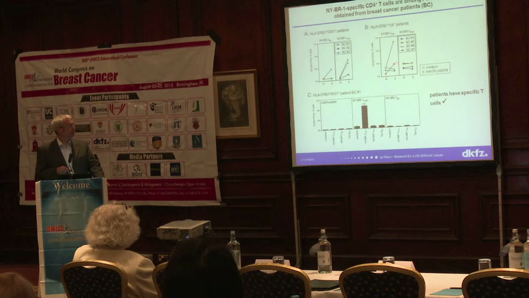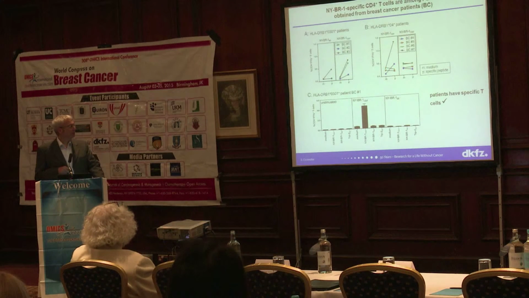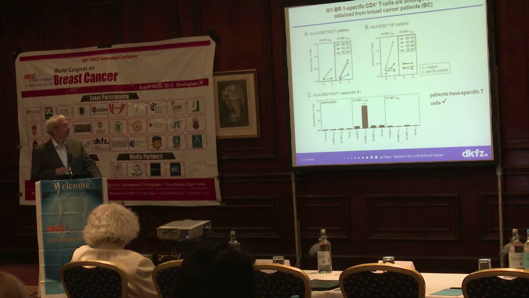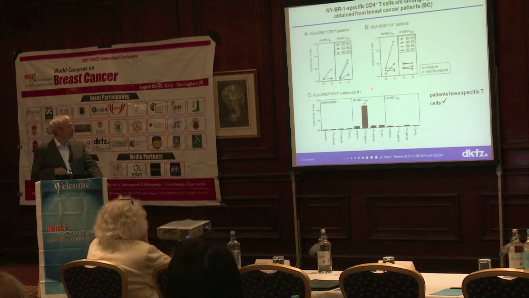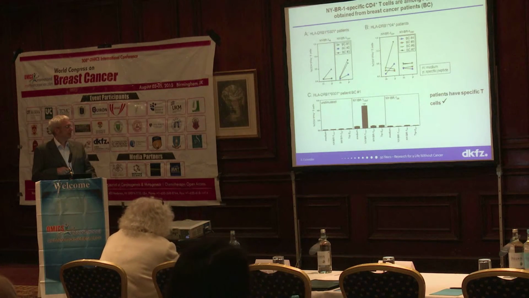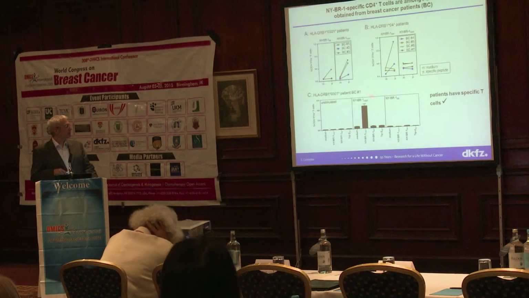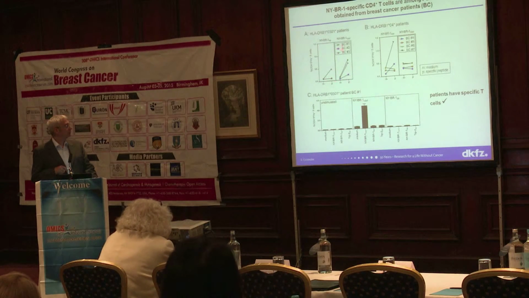And this peptide here was not, there was no difference between the medium control and the peptide, but one might argue that already the recognition here with medium is a little bit overstimulated during the 3-week period. So the reviewer asked us for more controls, so we were able to get from breast cancer patient number 1, again, PBMCs, and we repeated this experiment. Number 1 is the green one, and you can see that, again, we have a nice recognition of this peptide, but no recognition of the other NURBR1 peptide or an irrelevant TRP2 peptide. All of these are DR3 peptides.